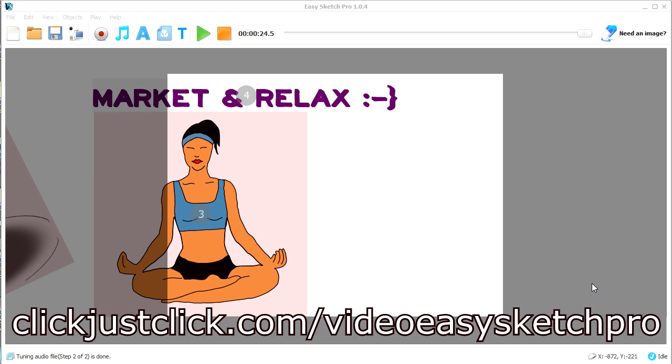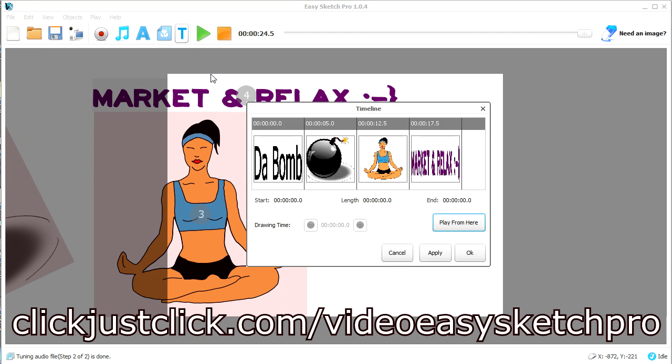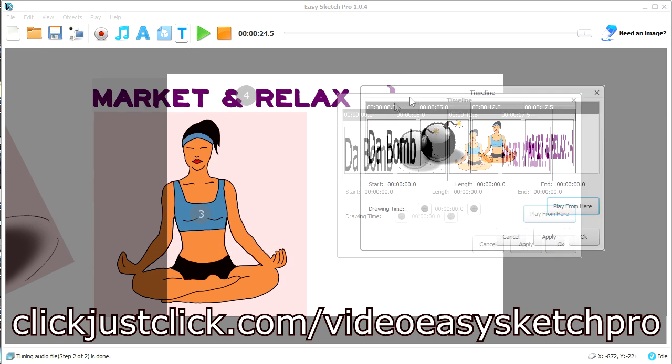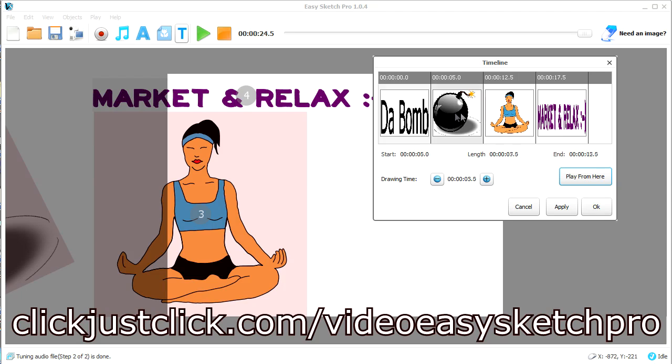Okay, so you've just seen what the final result looks like. Let me take you inside the program and show you, no holds barred, how the program works. So this little T button calls up the timeline where you can see the different scenes